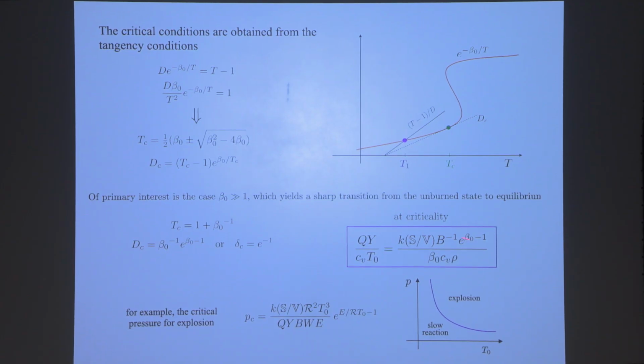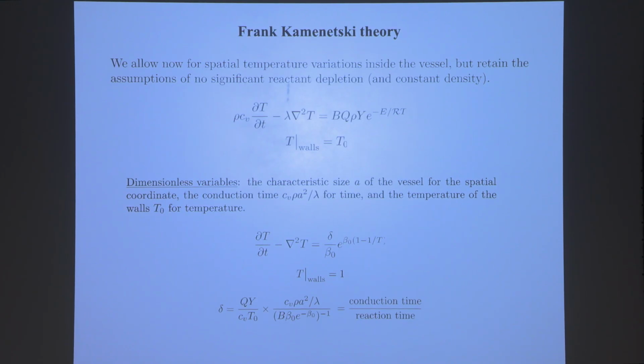For example, you can interpret that as a critical pressure, or as a critical vessel size, as you wish. There is a critical pressure below which there is a slow reaction, above which you have explosion. And the last of this series is the Frank-Kamenetskii theory